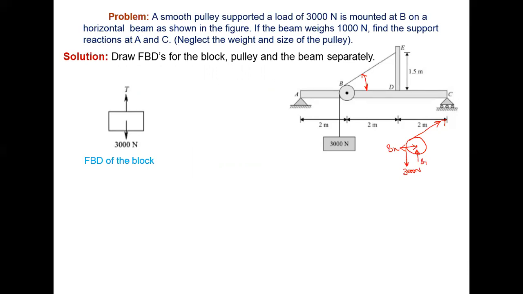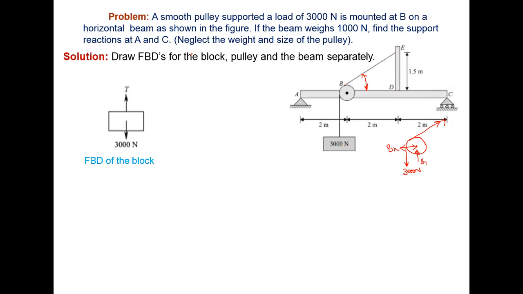And you can see the shape of the rigid body is somewhat a T shape. So this is the shape of the rigid body, and the weight is hanging with the help of a pulley. So this is the pulley,